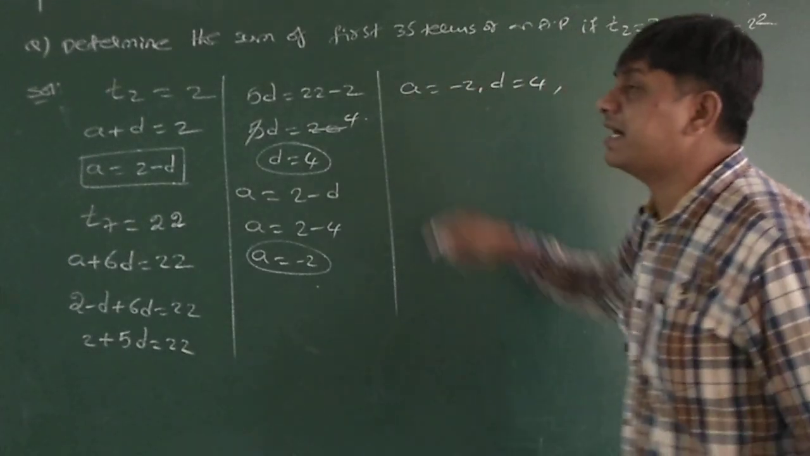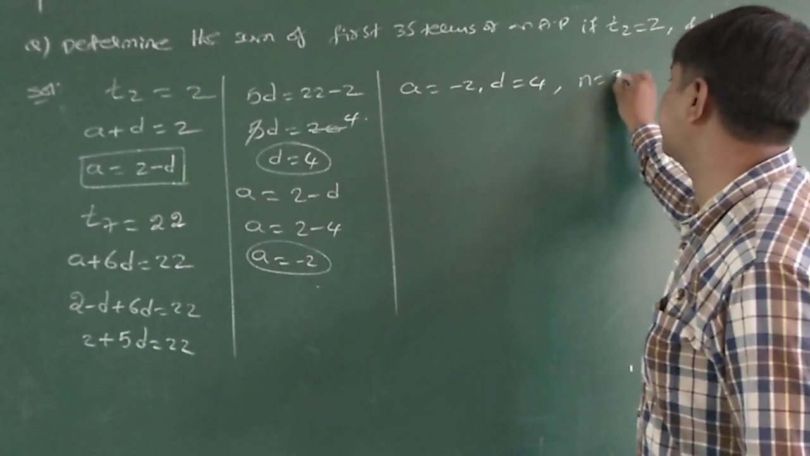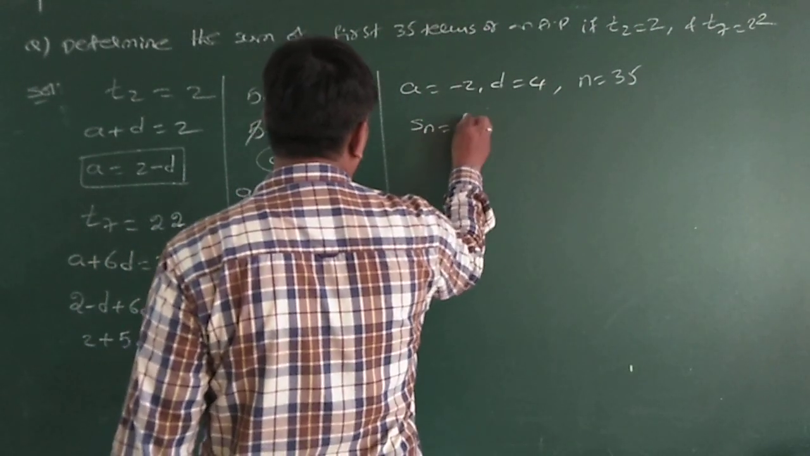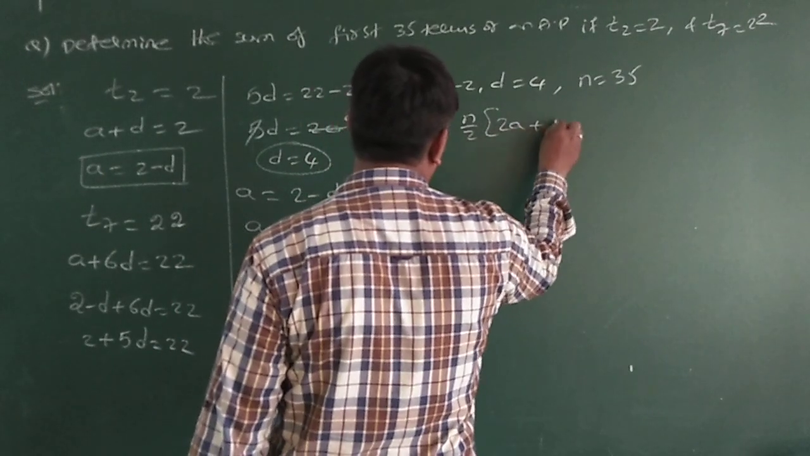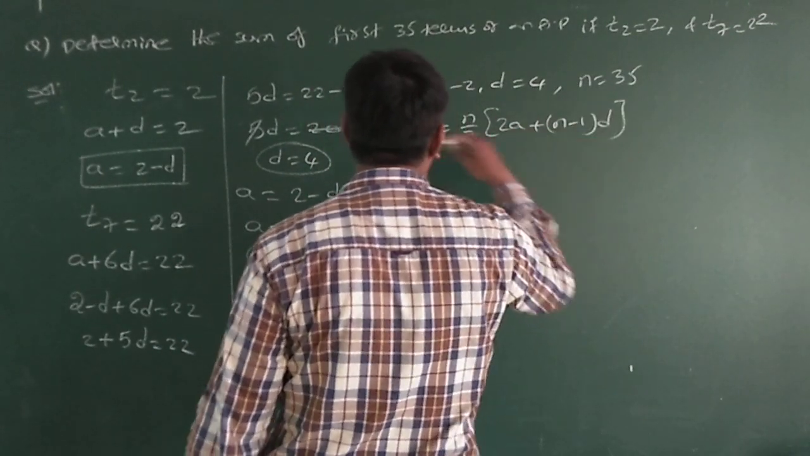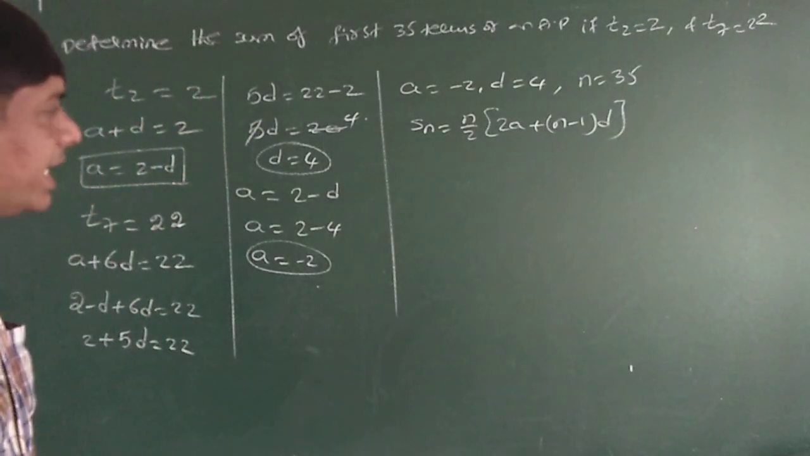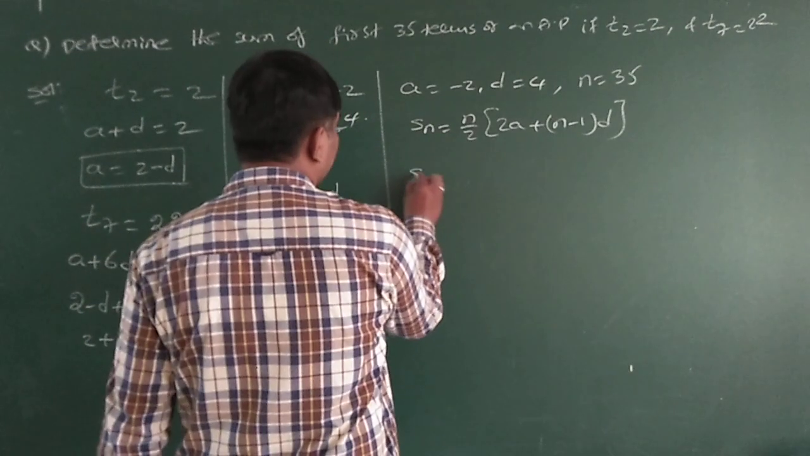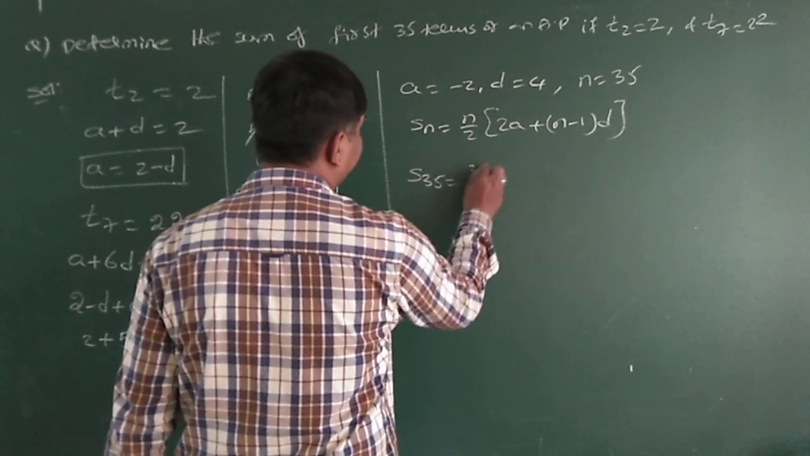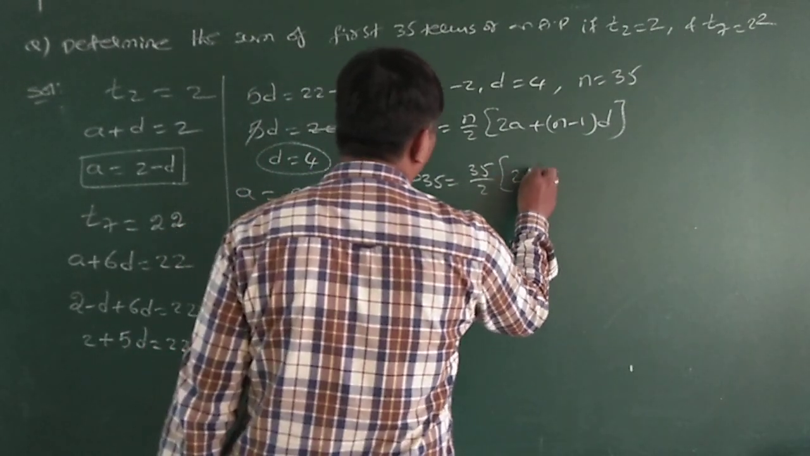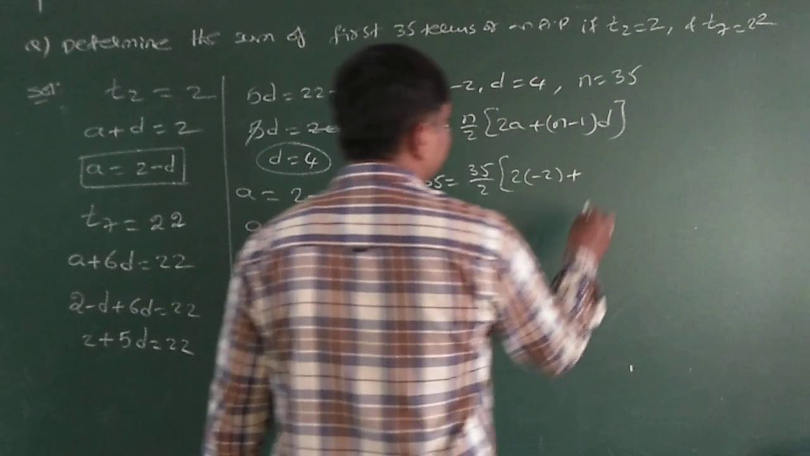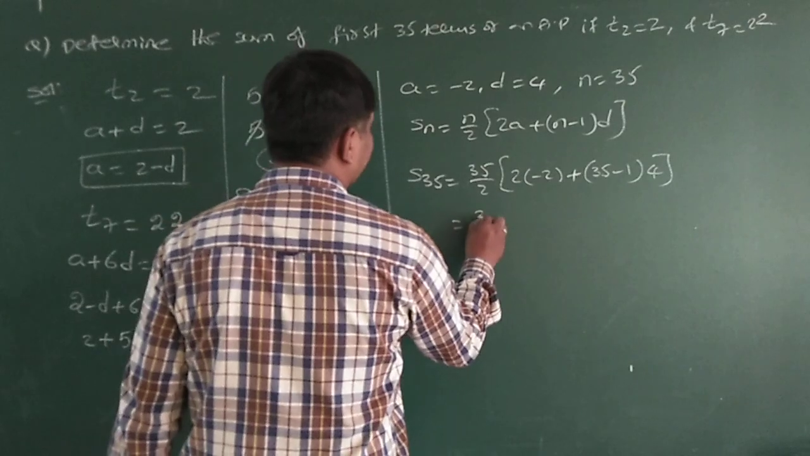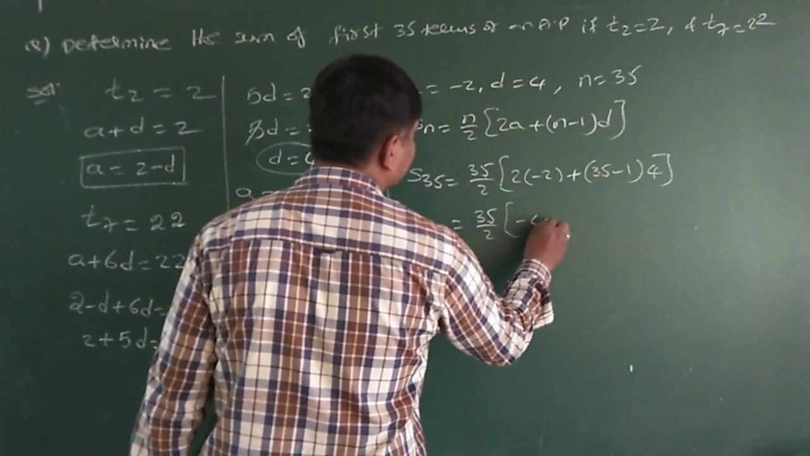How many terms are to be added? 35 terms, so n is equal to 35. Here Sn is equal to n by 2 into (2a plus (n minus 1) into d). Already I know the first term and the d value, and how many terms to be added, but I don't know the last term. So S35 is equal to 35 by 2 into (2 into minus 2 plus (35 minus 1) into d, where d